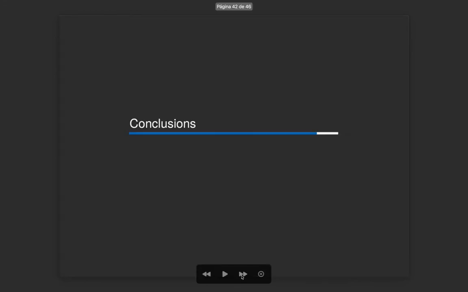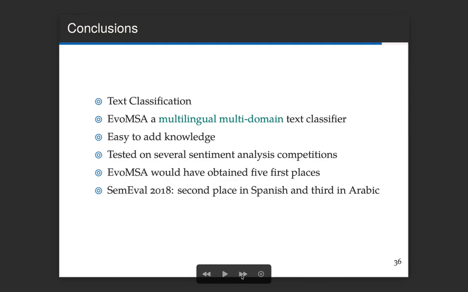Okay, now I'm reaching the conclusions. This approach of combining different text representations, well, we have tested on several competitions. I didn't produce any of the results, but let me talk about the conclusions.